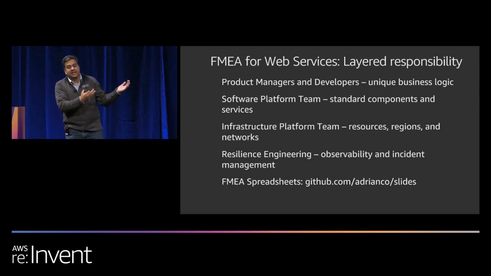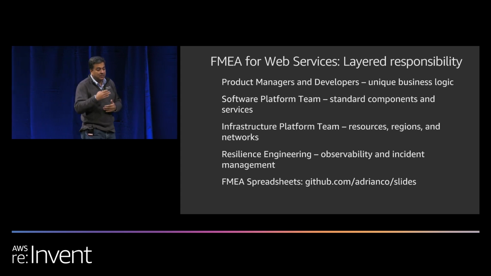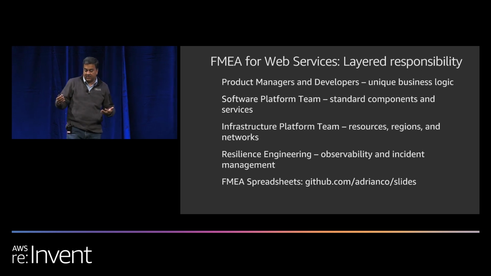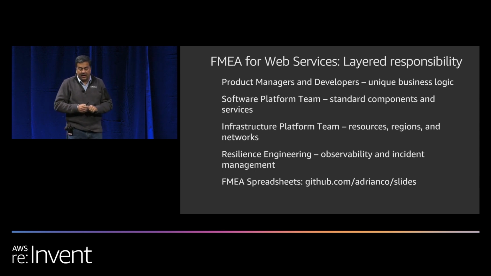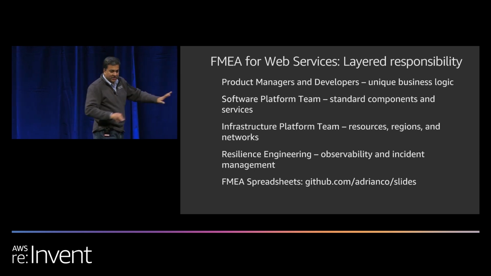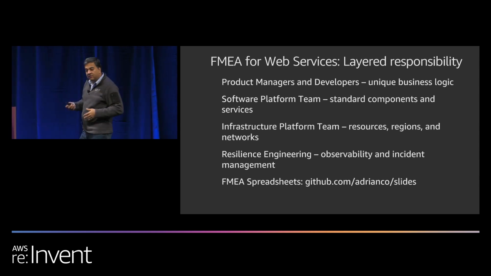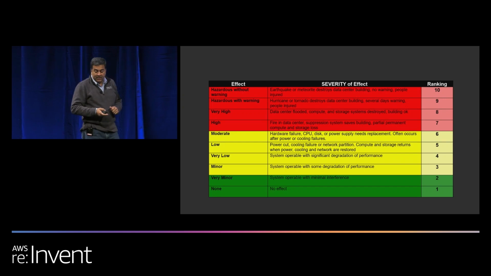So let's take that into an example of a layered web application, right? So you have multiple people in this application. You have people who are product managers and developers. They're looking at more of the business side, what the thing could be. You have the platform team who's looking at what technology decisions I can make. You have the infrastructure team, which is looking at how do I spread the applications. So there are going to be different failures, different probabilities of failures for each of these different layers, right? So you want to basically be able to calculate that.